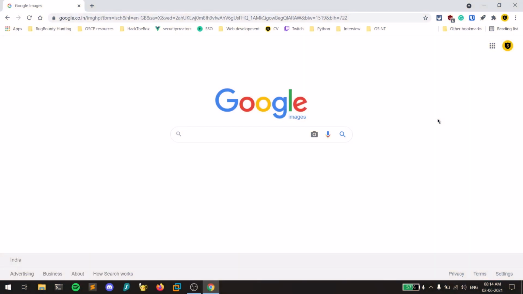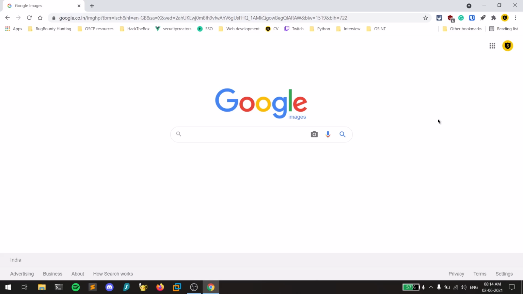So guys, OSINT is nothing but open source intelligence. Whenever you find an image out there on the internet or from your friend's mobile or from anywhere else, we'll try to dig deep into that particular image. We try to find out where that image was taken, what its latitudes and longitudes are, and what data is related to it, like metadata and everything like that. This video is the first episode of that, and we'll look into them one by one in the upcoming videos. The first and foremost thing is called reverse image searching.